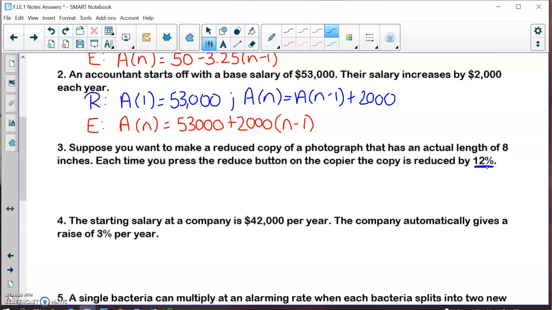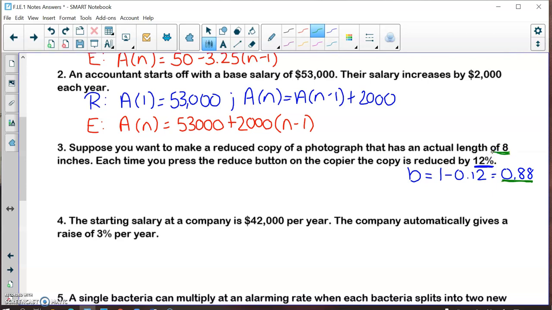And if we are decreasing by a percentage, our b value, or our rate of change, would be 1 minus that 12% expressed as a decimal, which is going to give you 0.88. So we cannot forget what we've learned in our last standard. We need to apply what we learned in our last standard to this as well. So this is actually my decay rate that we're going to put into our sequence,